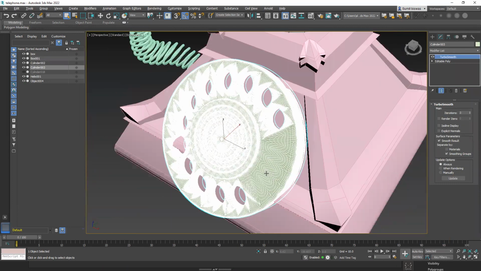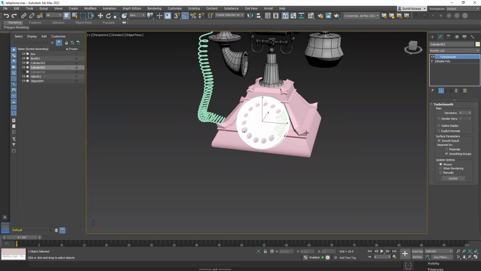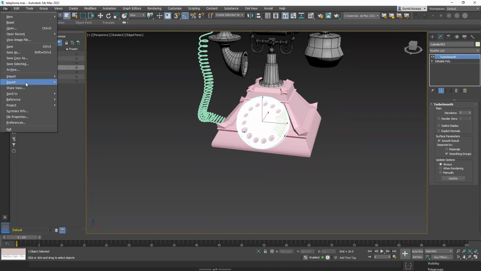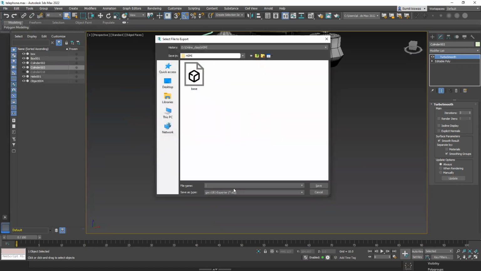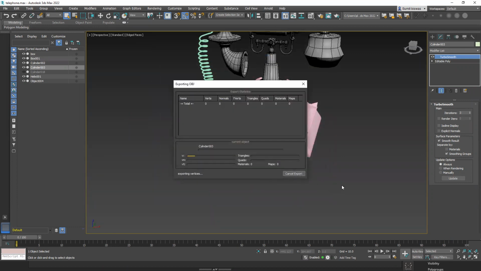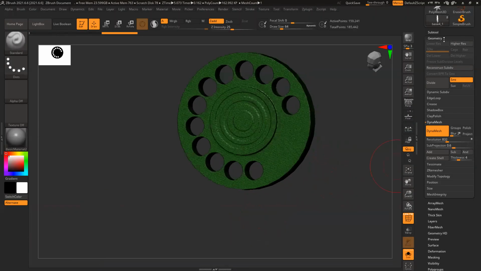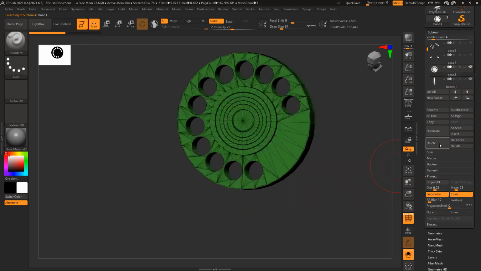I just made it a little dense, and all the shapes and everything is there. And just export this part only. Export selected. Export. Done. And I want that particular shape here.